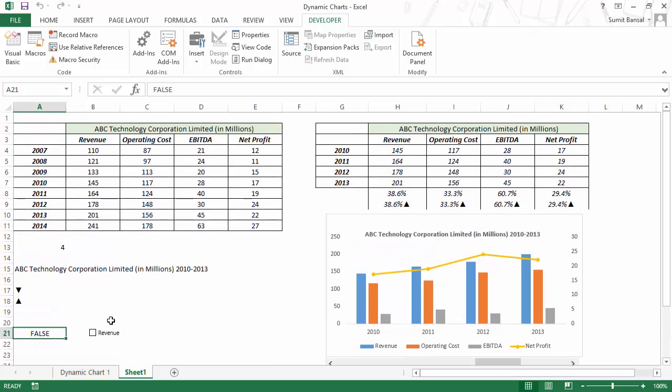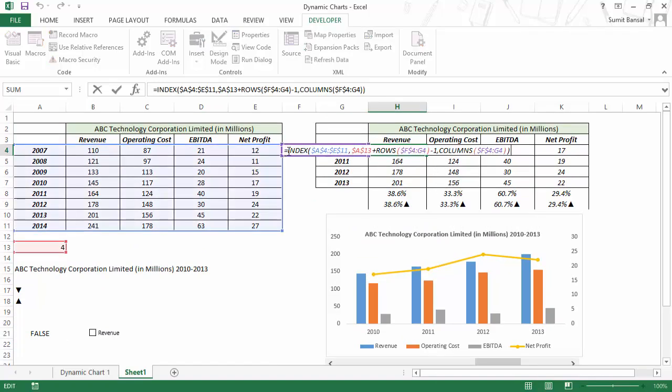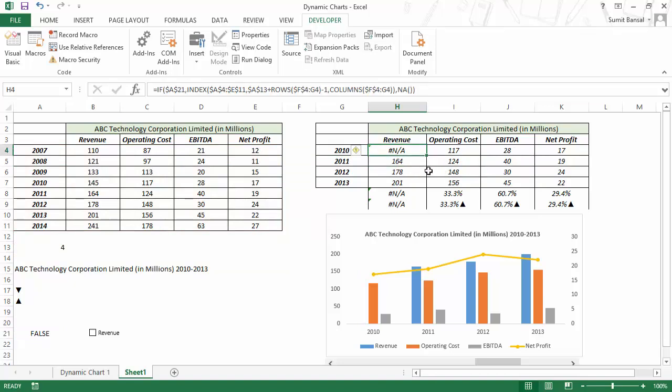Now let me use a condition here. I would go to this cell and I would copy this entire formula, and I would say if, I would use an if condition, if this value, and that's it. This value, because it either gives true or false, and that is what if takes as the logical test. The answer should be either true or false. If this is true, then give me this entire formula, but if this is false, then give me not available, and that's it. If I hit enter, you can see that I have not available here,